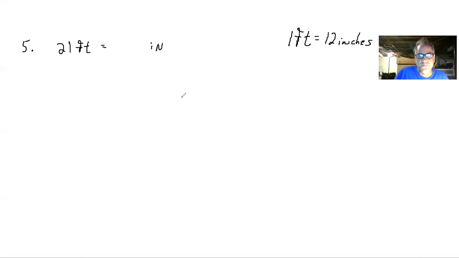So if I have 21 feet and I want to get this to inches, this is just straight multiplication. But again, just so I can see how the units cancel, I take 21 feet and multiply it by 1. So for 1 foot,